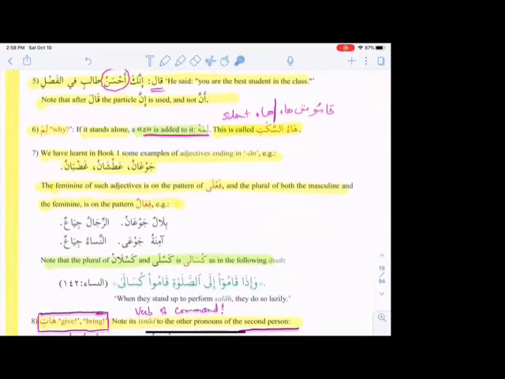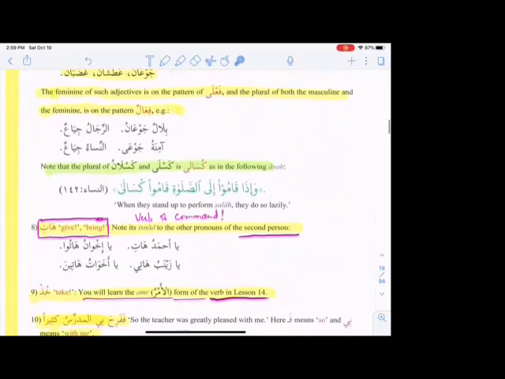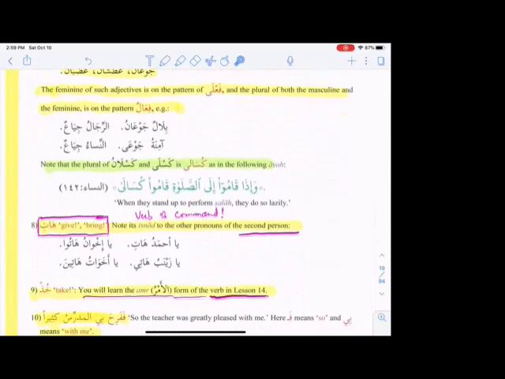Note that the plural of kaslanu and kasla, because the plural is the same, is kusala. So here is an ayah. This will come, not too often, but sometimes. When they stand for salah, to perform salah, qamu, they stand up, kusala. They are lazy. They do so lazily. Fine. Now here comes another one, my brother and sister. I hope I'm showing you all these things when we go to the main lesson. Inshallah, you will remember, because with repetition, it will stay in our mind.